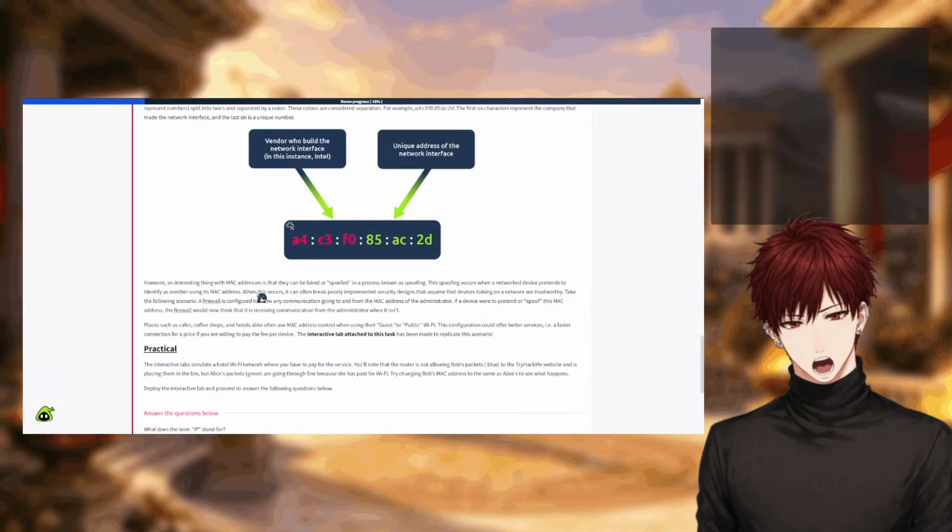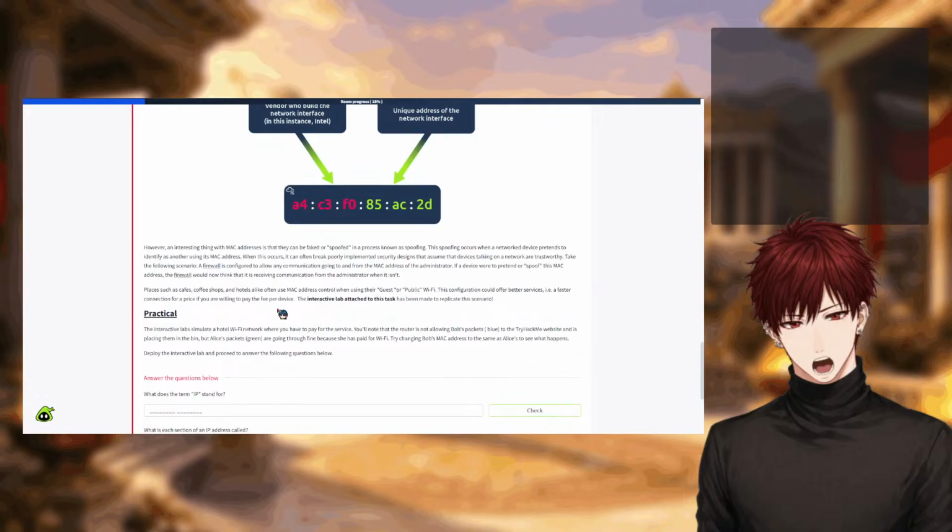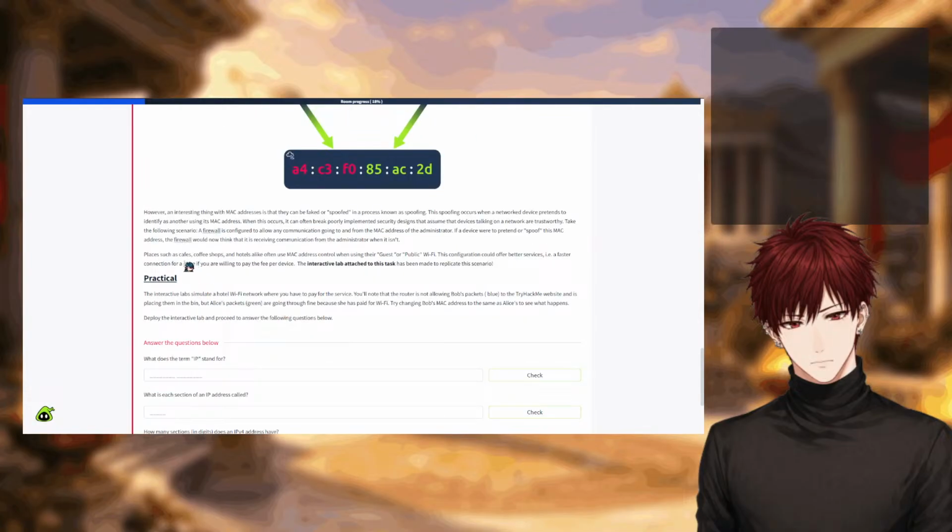Sent to another using a MAC address, security can also be poorly implemented, a trustworthy design. Cafes often use MAC controls for their guests, so the configuration could